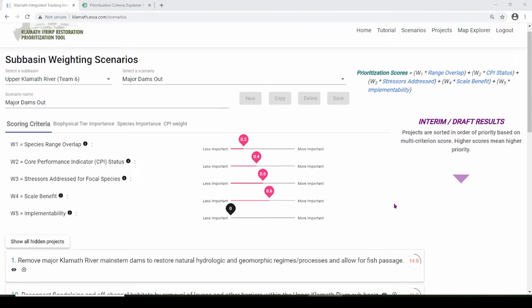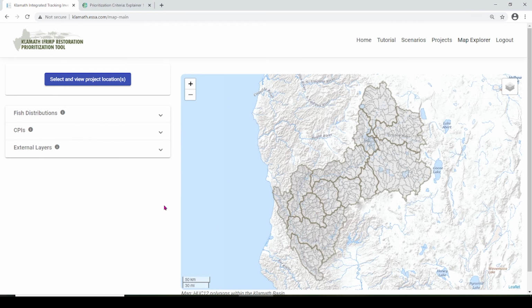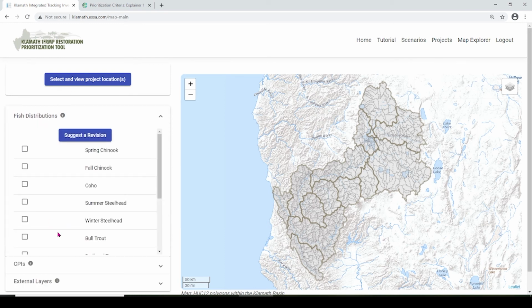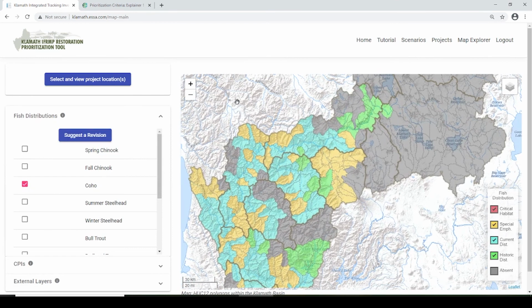Another new addition to the prioritization tool is a map explorer. This page is available to basically look at the entire basin rather than being restricted to looking at individual sub-basin units. And that's useful, for instance, if you should wish to look at things like what we have included for fish distributions. So if I click a particular species, I will get the range for that species as currently entered in our system,